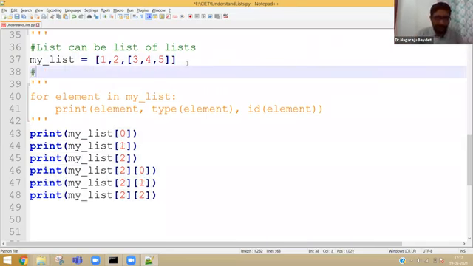The assignment is my list can be 1, 2, 3. Okay. Then there can be a sublist. For example, 4, 5, 6. After that, there can be a sublist like 9, 10. So one sublist is having 3 elements.